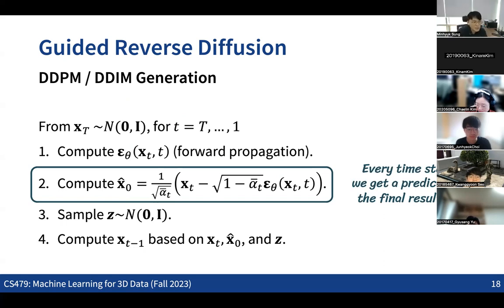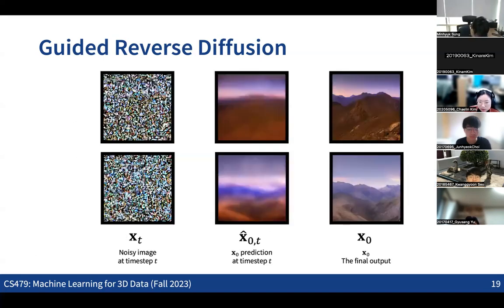Let me visualize these data points here. This is one of the examples, where we have a noisy image at some arbitrary time step t. These are real images that we could get in the real reverse process, and these are some of the results at the very beginning steps, going from 1000 down to 1. Actually, these are some of the images at, not this one.